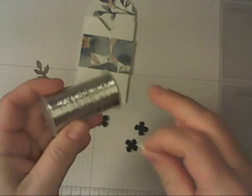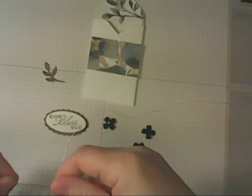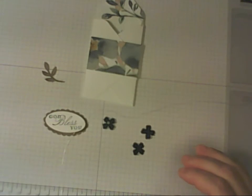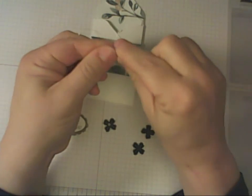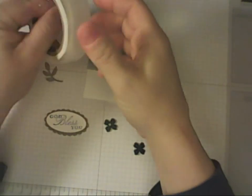I don't know if you guys have, well, some of you used this, some of you did not like this step in the class, but I think this is the most fabulous stuff, so you're going to see me use it quite a bit. So this is the metallic thread, and I cut a big piece. So basically, as you can see in my sample, I used some just as kind of a background, and how I did that was I just kind of gathered it. I just used basically 4 loops,